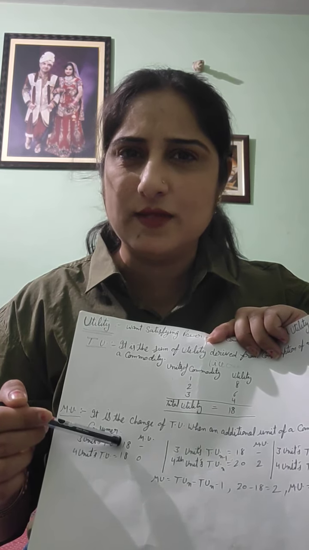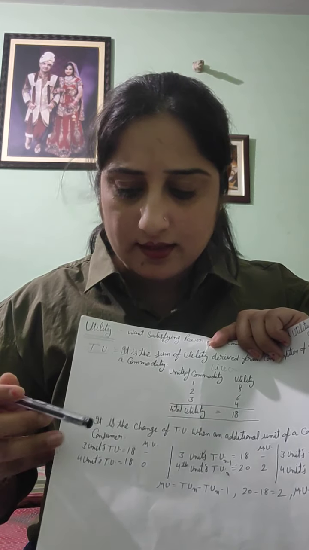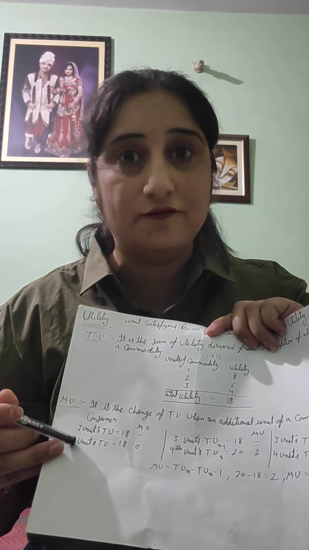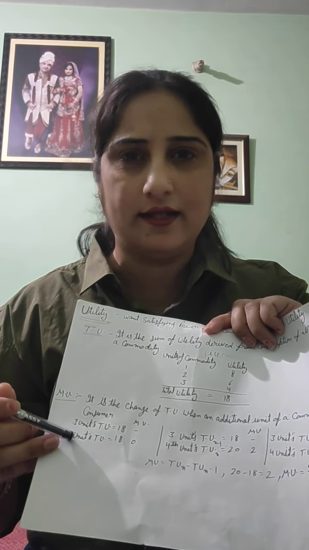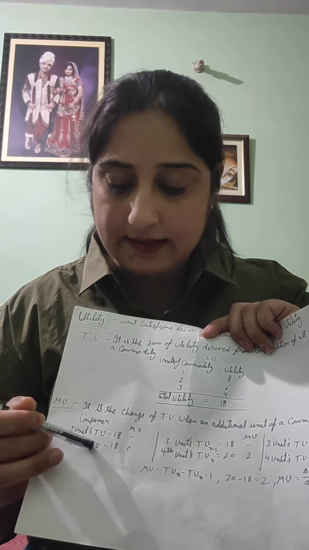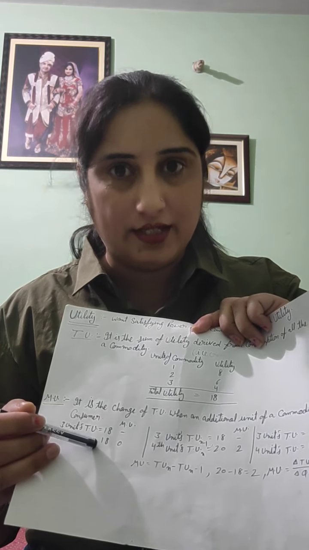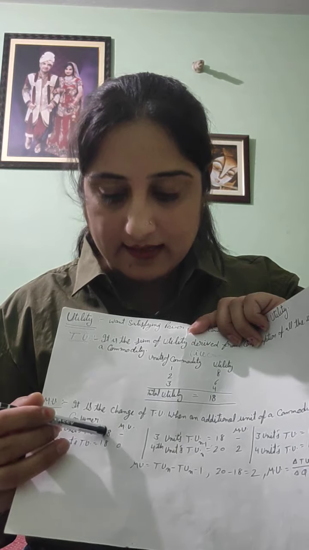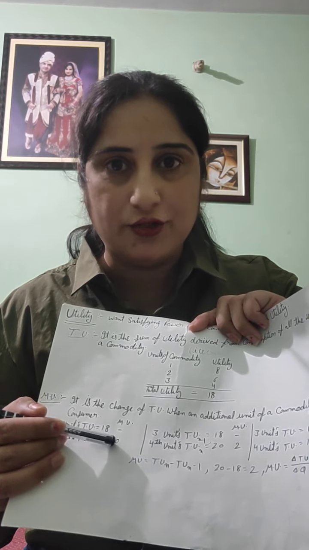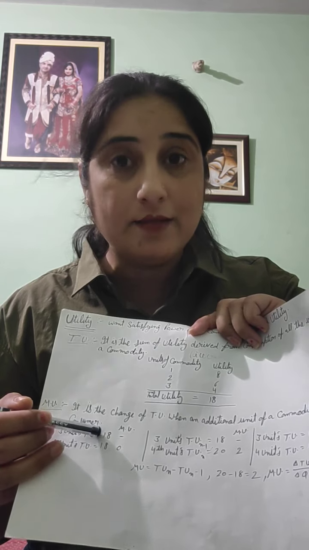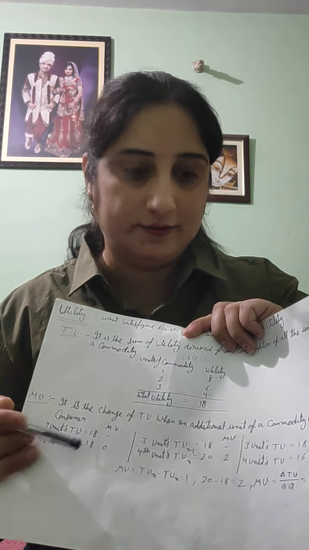And the shopkeeper says to me, madam, there is an offer. If you take 3 ice creams, we offer the 4th ice cream free. Then I say okay, I take it. I eat the fourth ice cream, but it does not increase my total utility. Then 18 minus 18 is equal to 0. Marginal utility becomes 0 when the consumer is at the maximum satisfaction level.